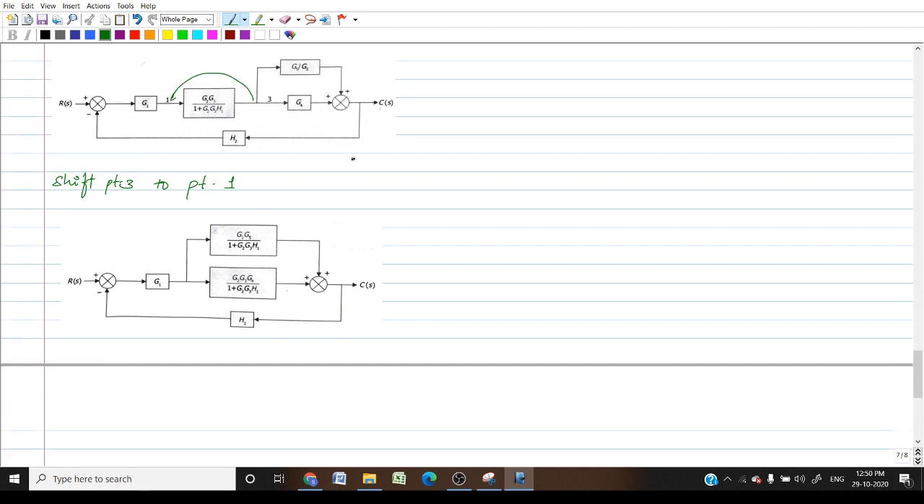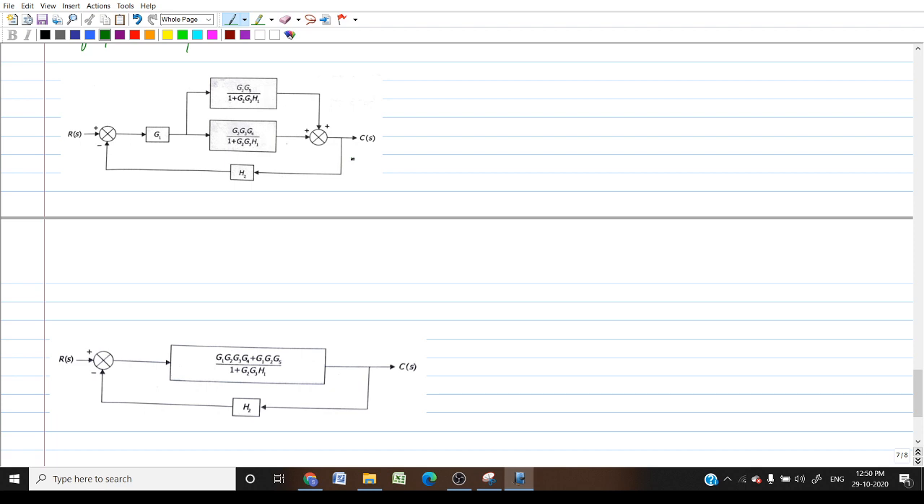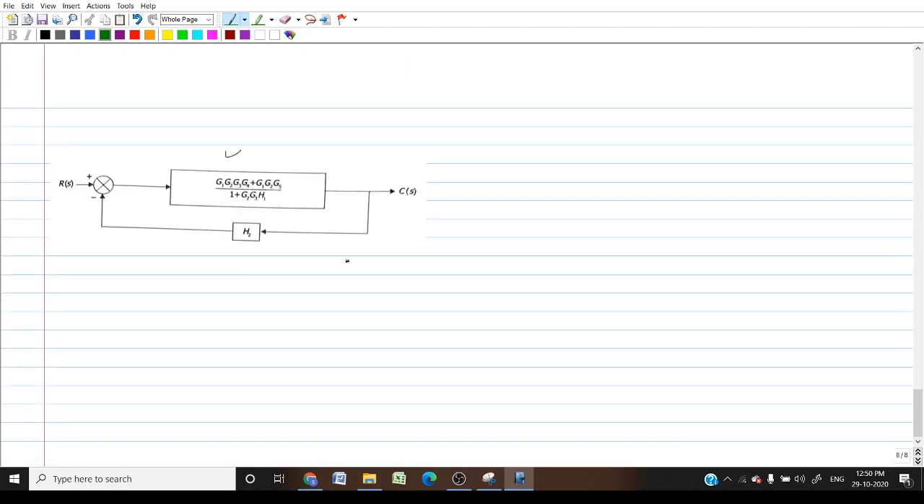So the next point will be to eliminate all the parallel path. Here these two are connected in parallel. So this block and this block gets added up. So this is the resultant block. So then when you remove the feedback, so then the overall resultant transfer function will be